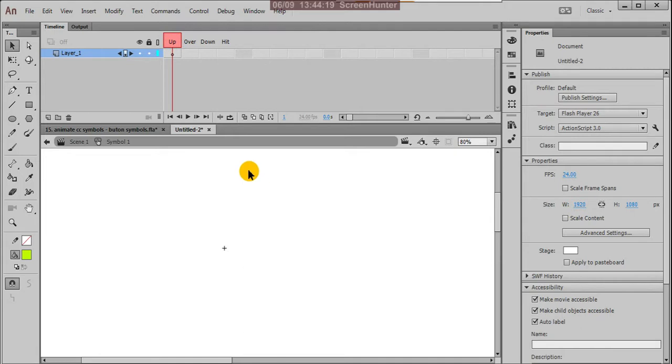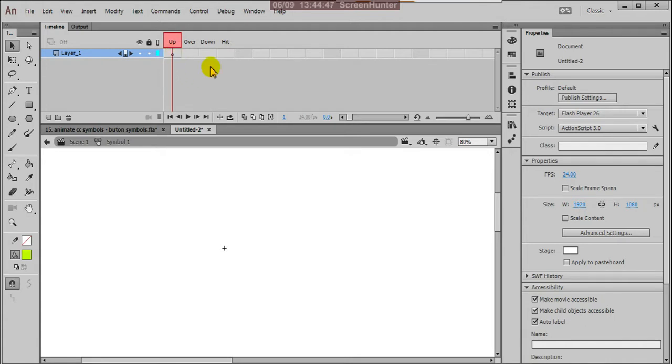Up means the normal look, and over means more than up it can be, and down means the least, the pressed position, and hit means the area when you click, the hitting area. When you click the cursor on that, that can be the hit area. Hitting means you are touching that surface. I'll explain clearly one by one.